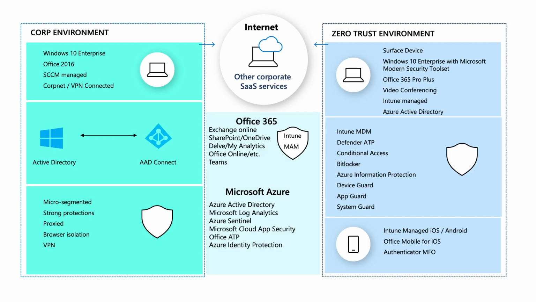Now, I want to go through and show you a couple of different ways that I've seen our customers move to this zero trust mindset. The first is by completely separating out your corporate environment from your zero trust environment. This means using things like app protection policies, Defender ATP, Intune, Azure Active Directory, and Azure Identity Protection to protect your data in the cloud, but allowing a small number of extremely locked down devices to stay on your corporate